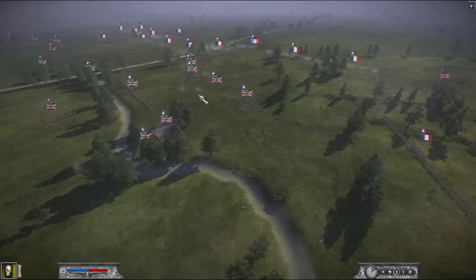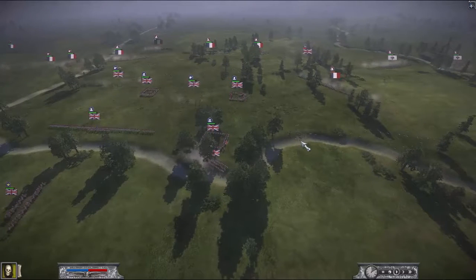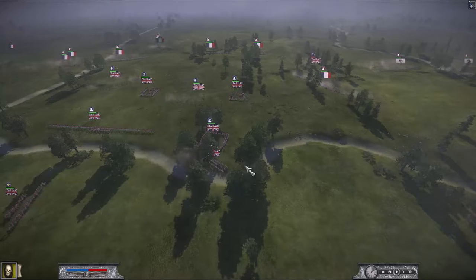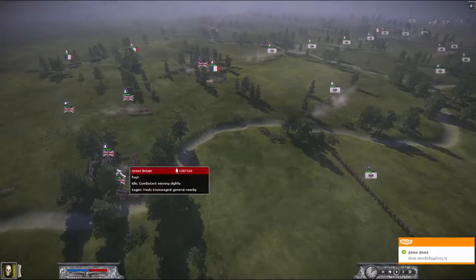He got some light infantry units, so he can use them to shoot the French lines from a distance. And now with his reinforcements he can easily turn two of his units and face these Fusiliers of the line. But here we got